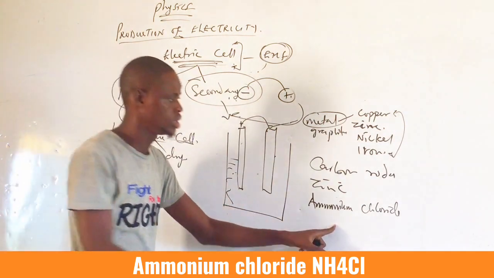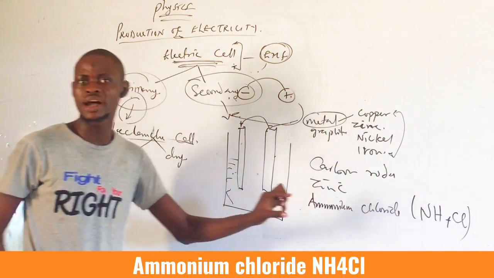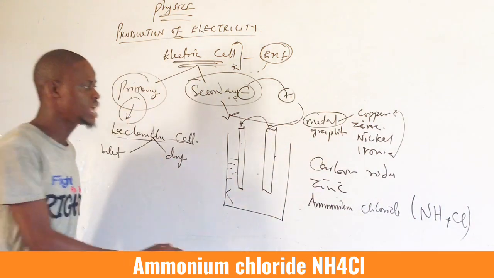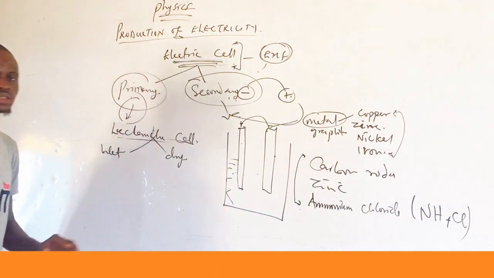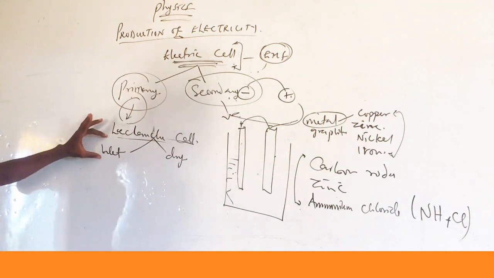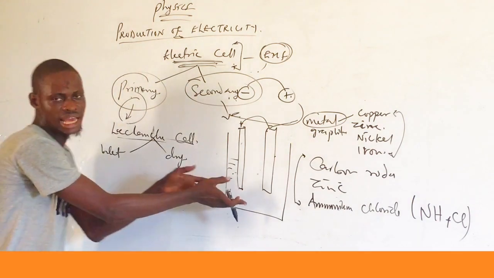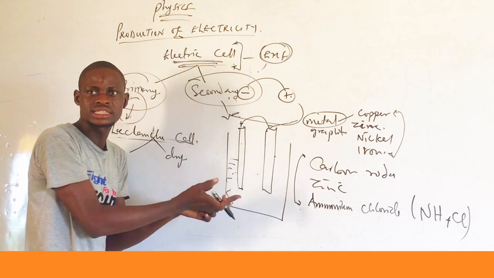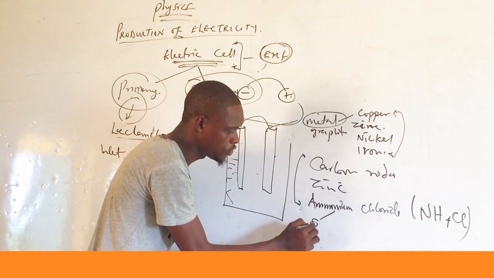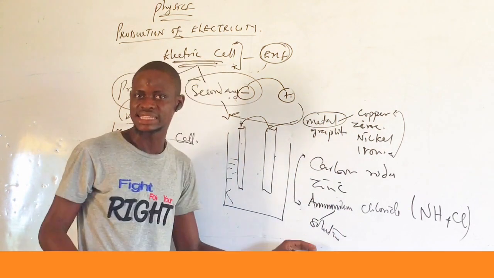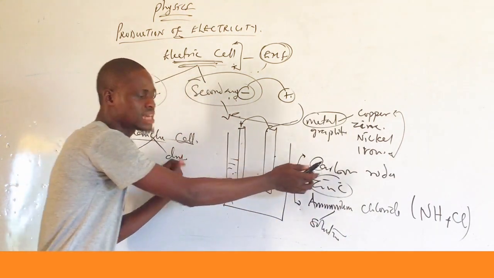Let's take it as NH4Cl. Ammonium chloride is used in the Leclanché cell. Now, let's categorize them. If I have a wet type Leclanché cell, in a wet type, the electrolyte, which is ammonium chloride, is in form of a solution, while the zinc and the carbon rod